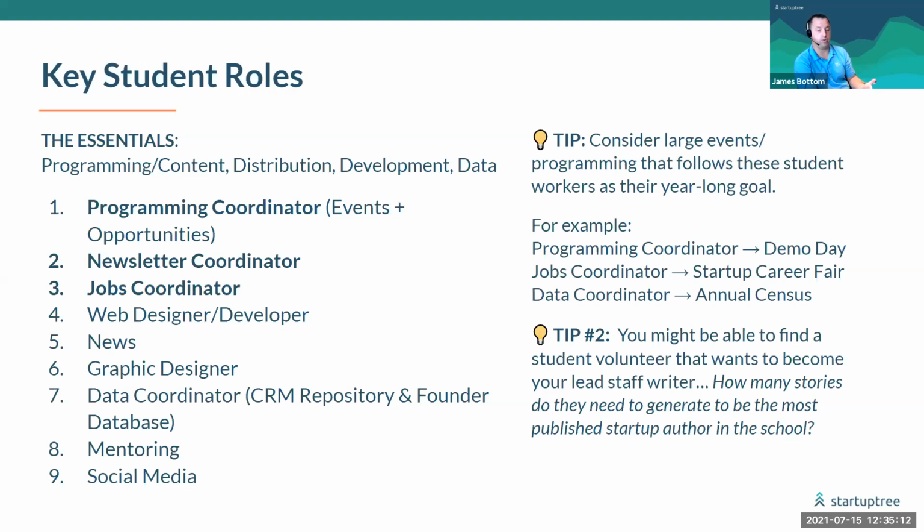As a matter of fact, if and when you are a small program, a majority of the content that you're pushing out will likely not be original authored content. The best programs are going to be pulling in content that makes sense for their community. And that newsletter position should be able to pull things from a CMS, like StartupTree or whatever else you have, to put into your newsletter.